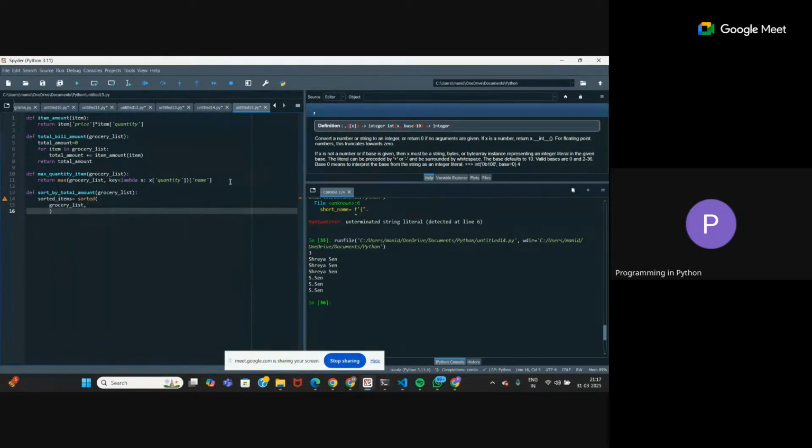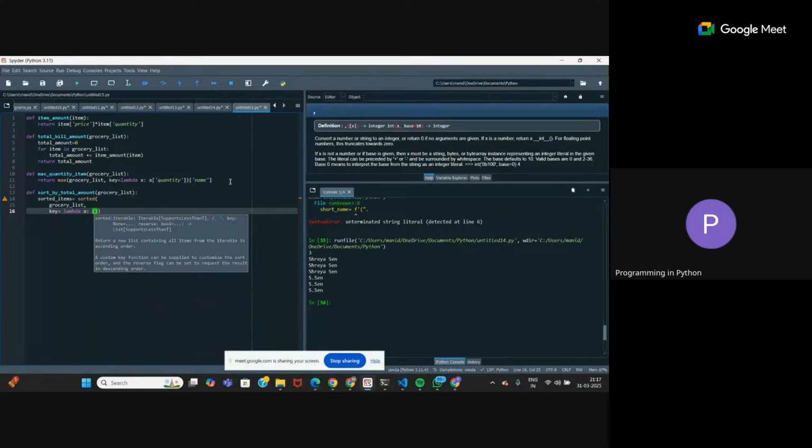and let's define one more lambda function. So what is the condition here now? The total item amount, right? So lambda x. Now define the function. So you have here two different ways of sorting, right?